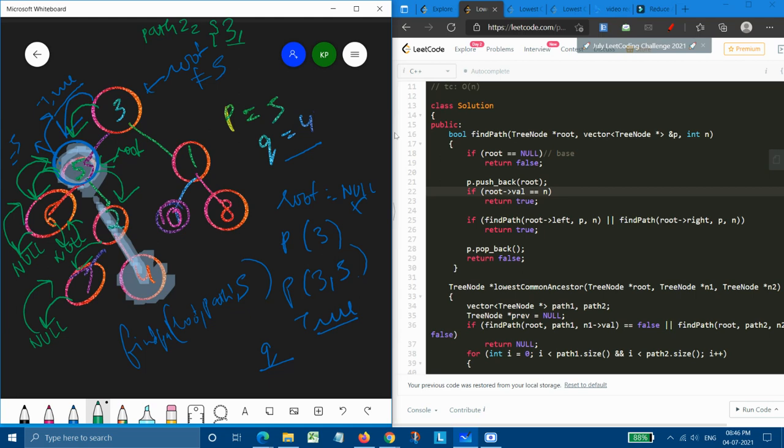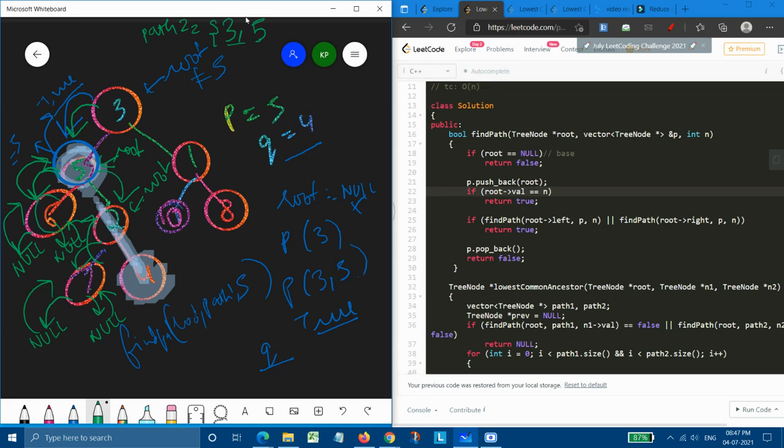So null would be returned. Now again 7 is the root, and 7 will check for its right child, which is null again. So null will be returned to 7, and overall 7 will return null to 2. And now 2 is again root. So at this present moment, path 2 is 3, 5.